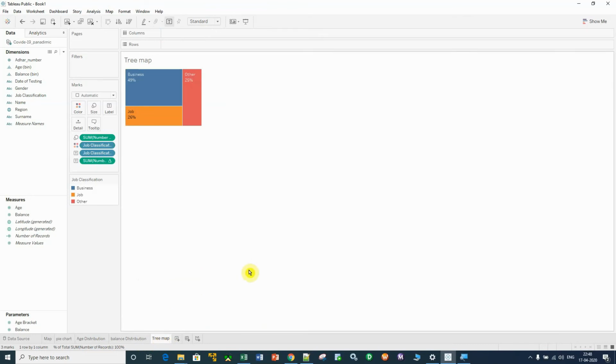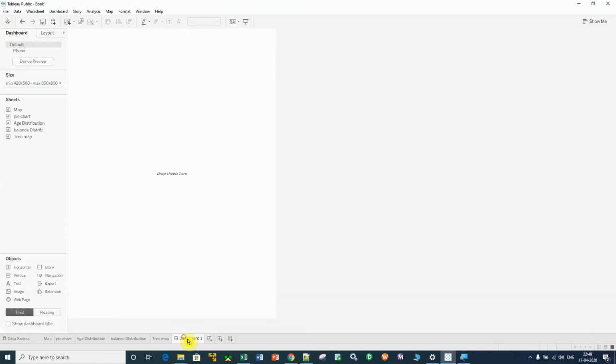Now at the end we are going to create a dashboard. To create a dashboard you have to click here. This is the area where you have to click, right? Click here. So this is the dashboard window, where you are going to create your dashboard, right? So finally we are going to create a dashboard. In order to create a dashboard, all the ingredients we have are ready with us, right? So we are going to create a dashboard now.